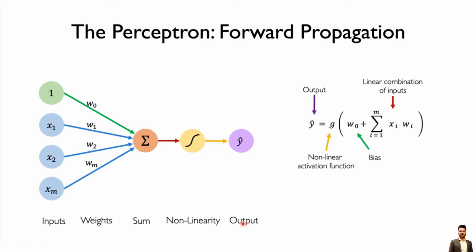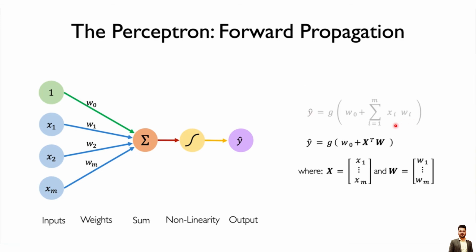Now that was not the full picture. We have this bias value of w naught. This w naught is the bias value which is added to the summation, and when we add this bias value, this improves our perceptron in a way which we will be talking about in detail in a later unit. And then the same g function, which is a nonlinear activation function, is applied to the sum of the bias and the linear combination of inputs. We will get the output. So this full process is called forward propagation.